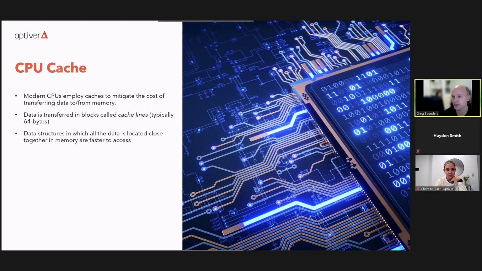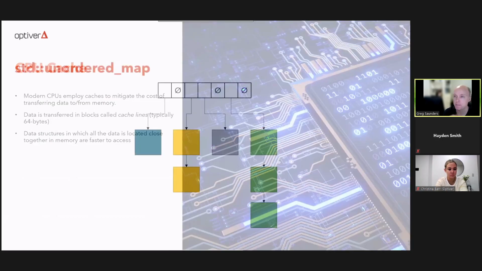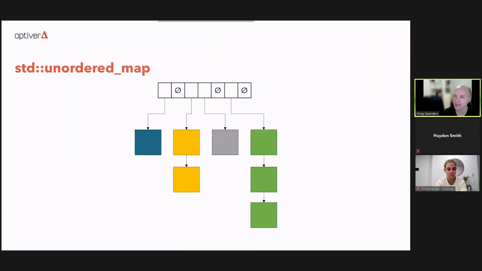So if you think of a data structure like a vector, it is just a stream of bytes. And so everything is relatively close together in a vector. So a vector is a good choice if you want to take advantage of the cache. Unfortunately, maps are not such a great choice if you want to take advantage of the cache. The hash table itself is stored in contiguous memory, so the hash table makes good use of the cache,